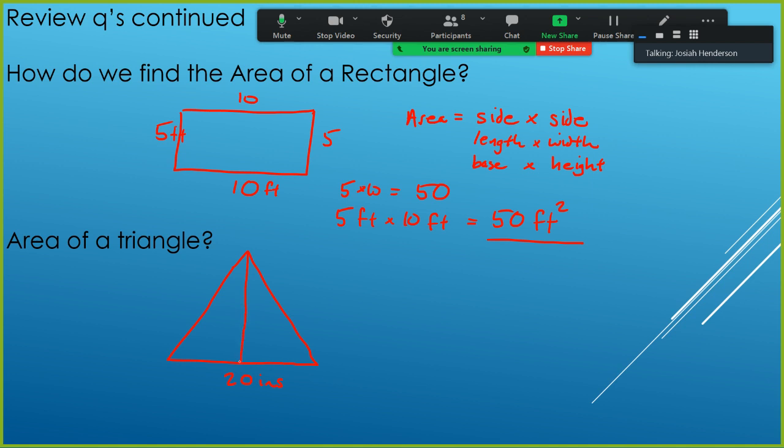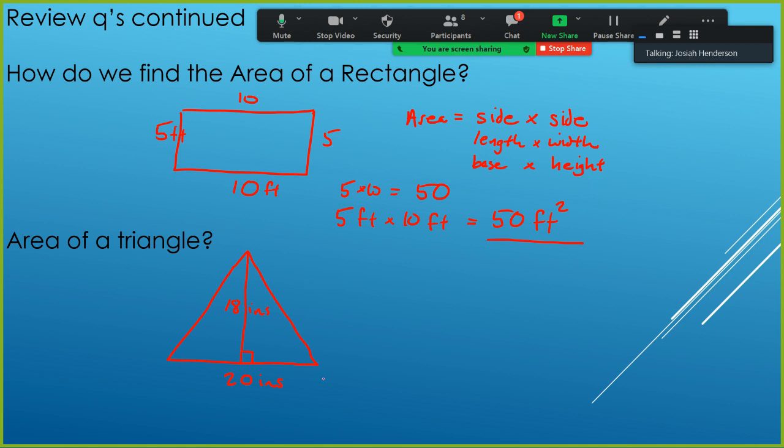So check this out. The height is actually a perpendicular line to one of the sides. It's not the slanted sides. It's not the diagonals on the left and right of this triangle. The height refers to the straight up from whatever you've chosen to be the bottom. So if the bottom of this triangle is this 20-inch side, and maybe this height of it is almost the same, like 18 inches,